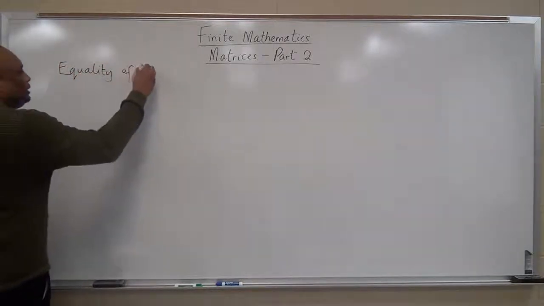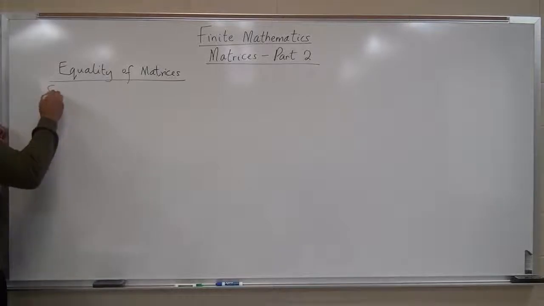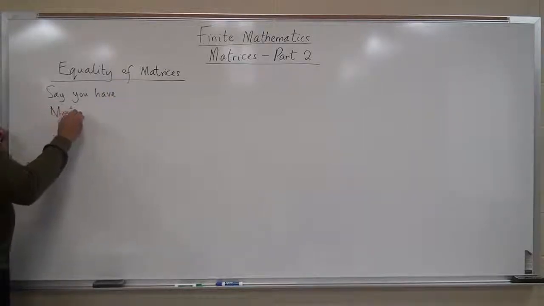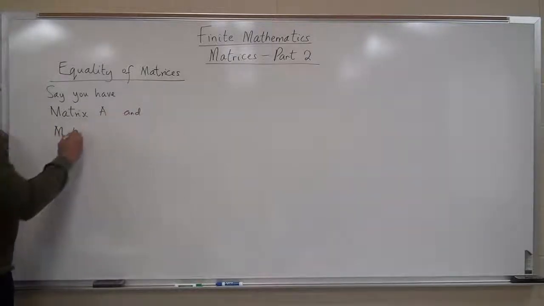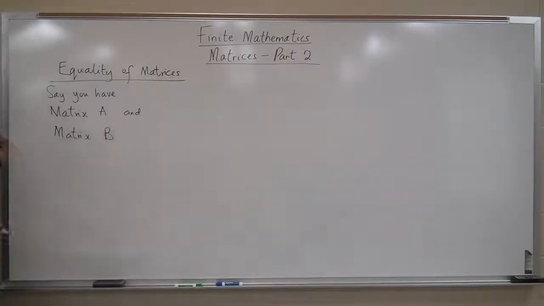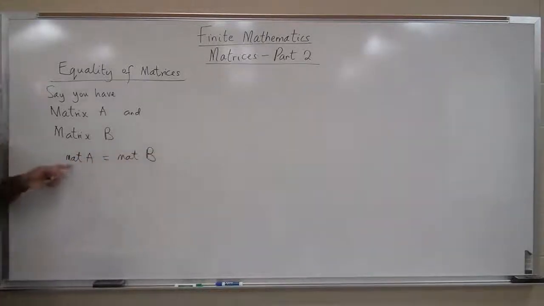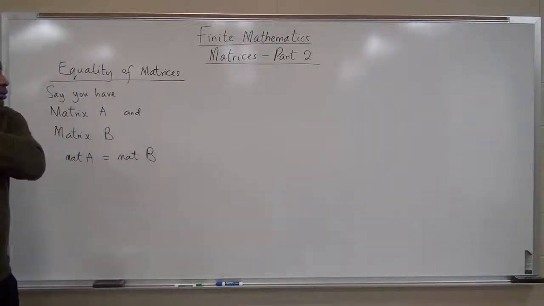Say you have matrix A and matrix B. If you have two matrices A and B, we say that mat A is equal to mat B. Sometimes you see mat as matrix. Sometimes you see it as mat. Matrix A is equal to matrix B if,